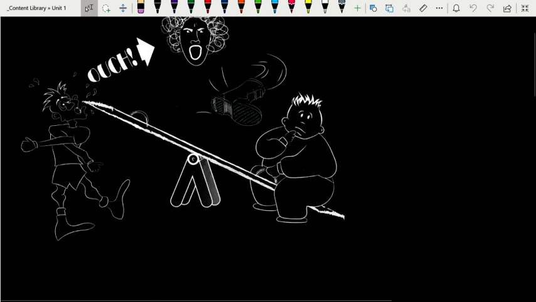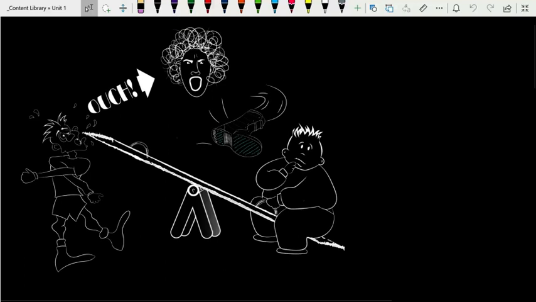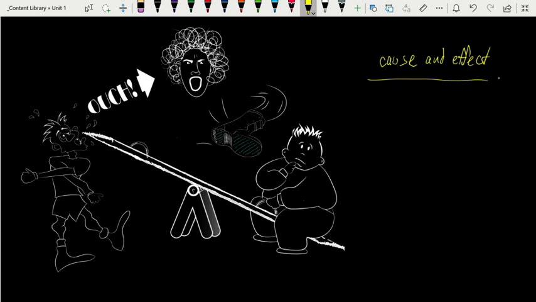Let's come up to this picture. And I want you to look at it, and I just want you to consider what you see. One of the things that I hope you can appreciate is the idea of cause and effect. If we were looking at this picture, we see a couple of different things. We see this kid right here who has a bit of a sheepish look on his face.